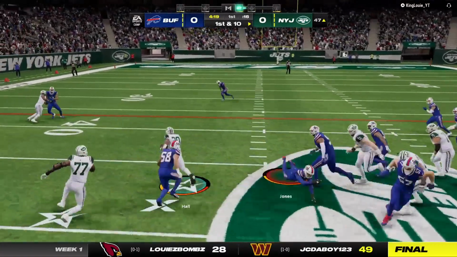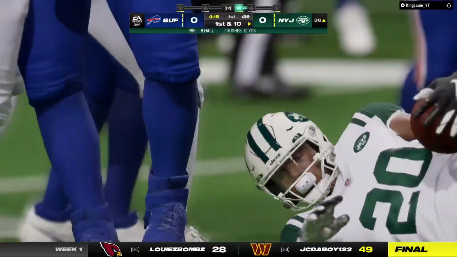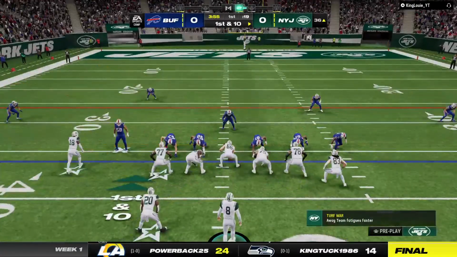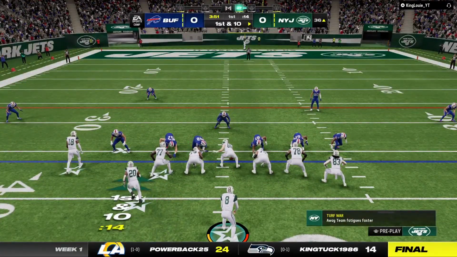On 1st and 10, it's Hall. And great blocking downfield as he's got this almost to the 35-yard line. 11 yards there, just like last play. So from the 36 now, 1st and 10. 1st and 10 at the 36-yard